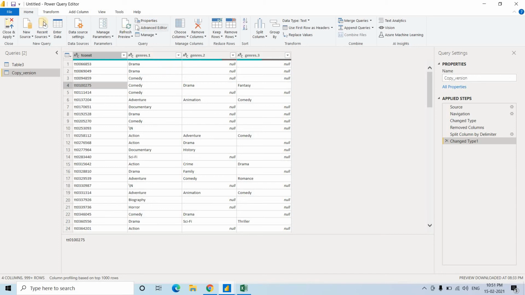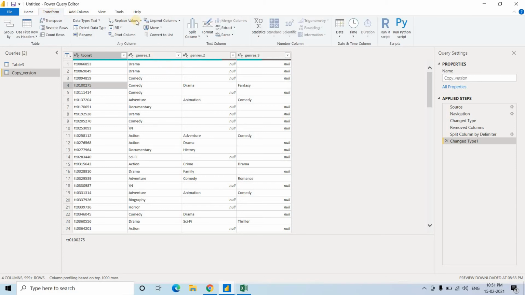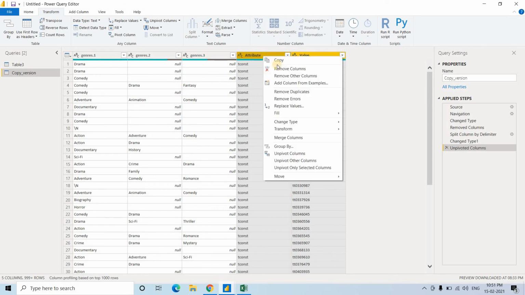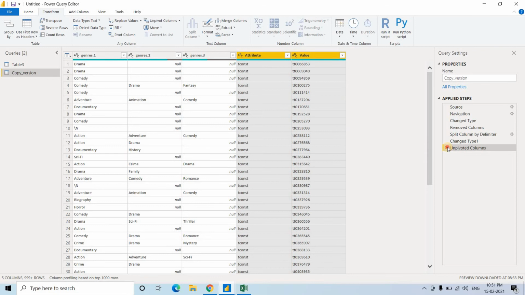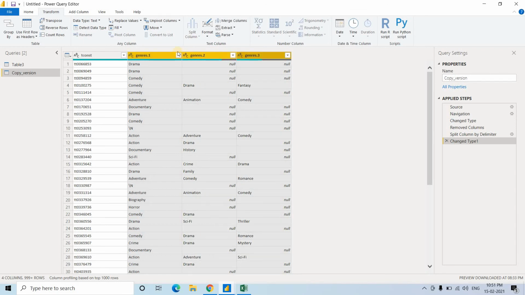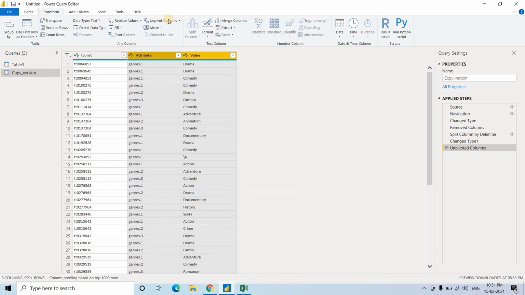Okay, so in Transform you have to go and here, Unpivot Columns. Okay, you have to just click. So, sorry, here let me delete this, I forgot to select. First select this. Okay, start from here to here. So based on these 3 columns we want to unpivot or normalize, right? And click on Unpivot Columns.